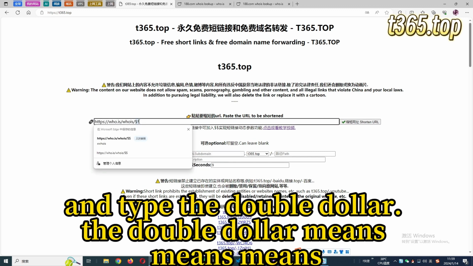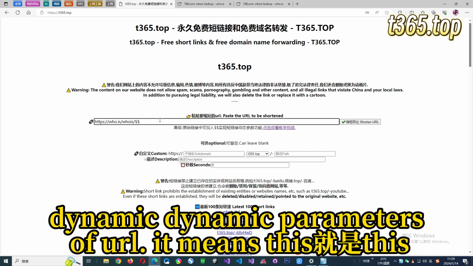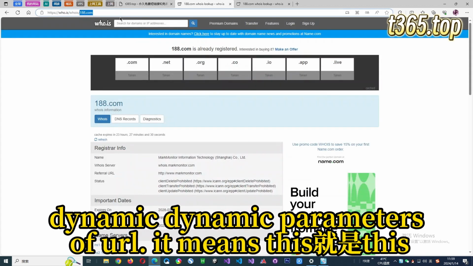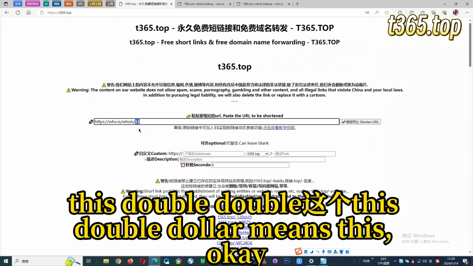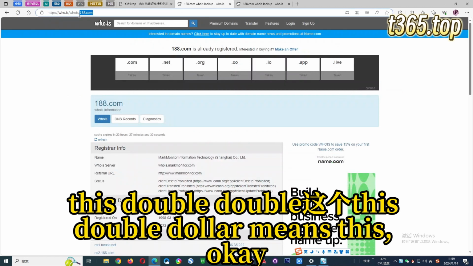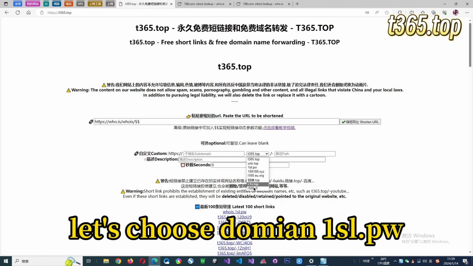Paste here and type the $. The $ means dynamic parameters of the URL. This double $ means this. Okay, let's choose the domain